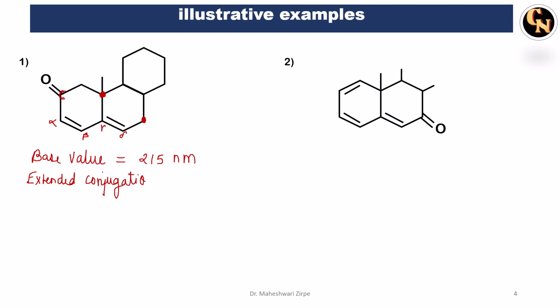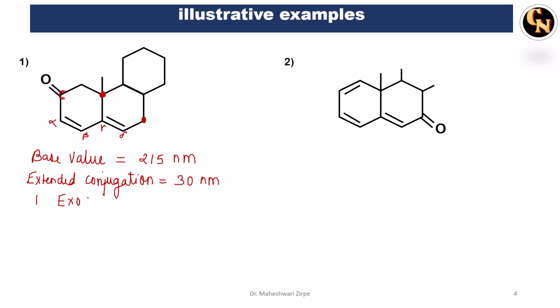So extended conjugation, there are two extended conjugations, so we are going to add 30 to this. Okay, extended conjugation, if you see the table, you should take a screenshot of that table and try to write it down in your notebook. So 30 is the extended conjugation you are going to add. Similarly, try to add one